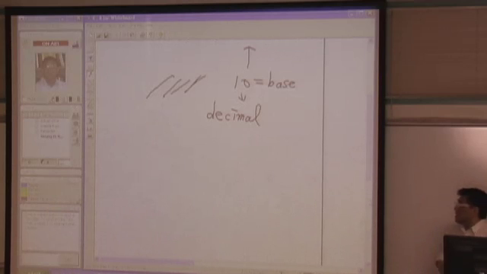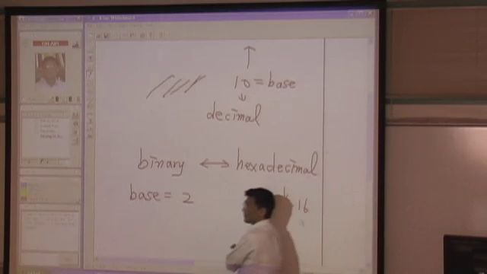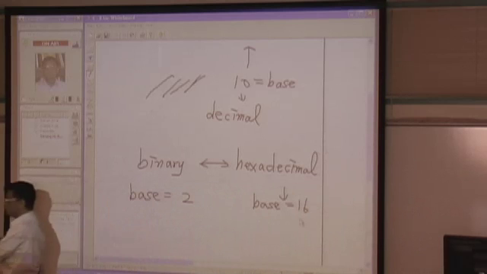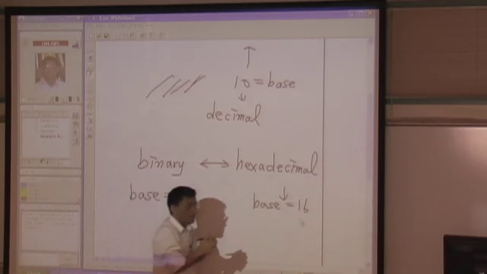But after the computer era, people realized that there could be a better system or something that is necessary. The other two famous cases are binary and, almost identical but more convenient, hexadecimal system. Binary has base 2, hexadecimal has base 16. If you want the details of these things, you may take the course called Scientific Computation, and you may ask me to send you the summary about these kinds of things, but I will cover the essential part, not the very general things that can be covered in